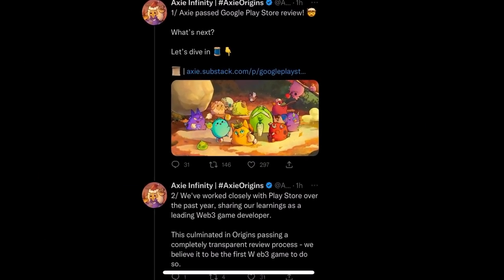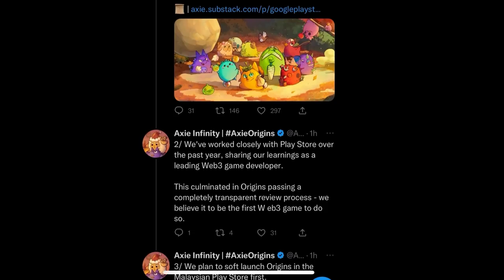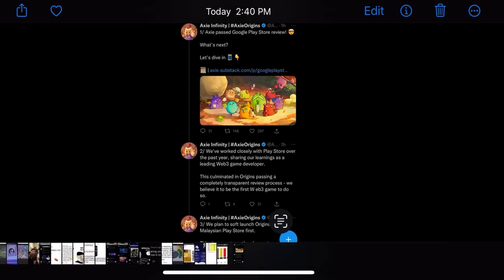Axie Infinity passes the Google Play Store review. It's the first play-to-earn Web3 game that's passed the review, which is interesting news and good